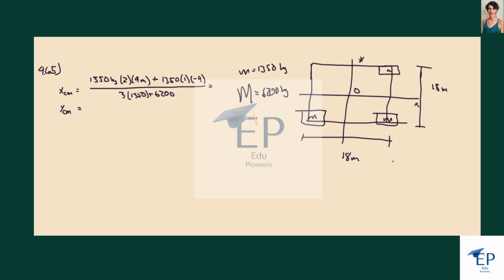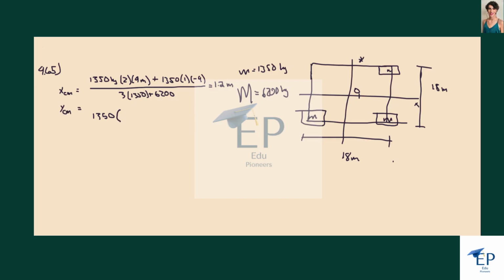So if we plug all that in, we see that the center of mass in the x direction is 1.2 meters in the positive x direction. So that would be somewhere like here. Okay, so we can do the same thing in the y direction. We should see that there is